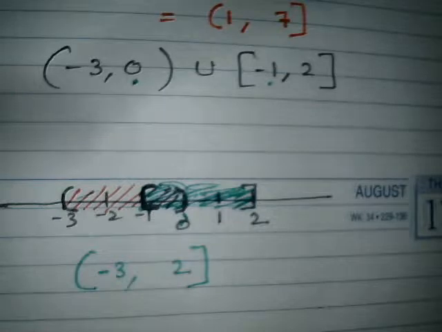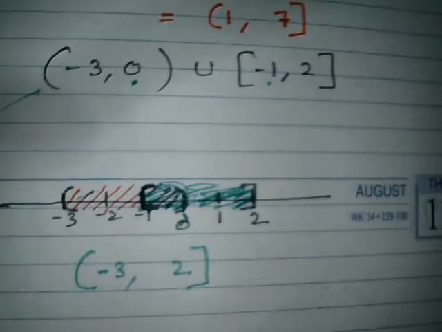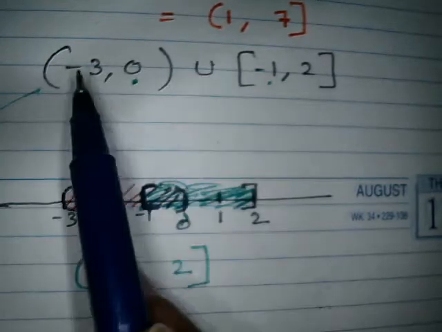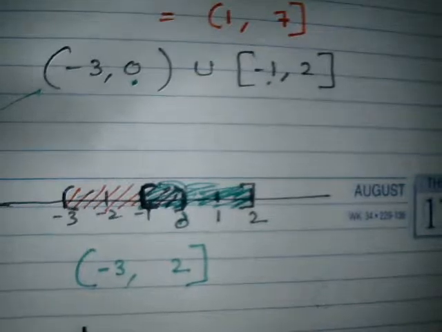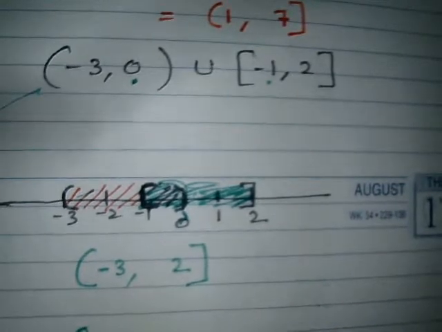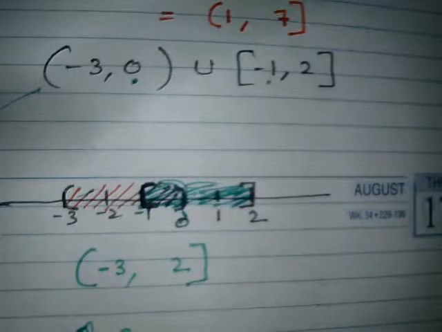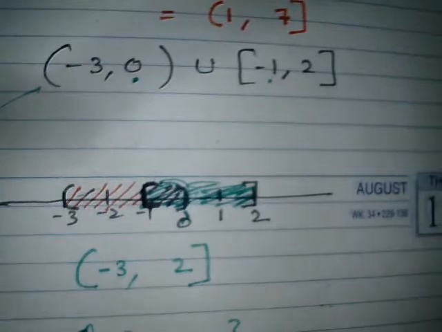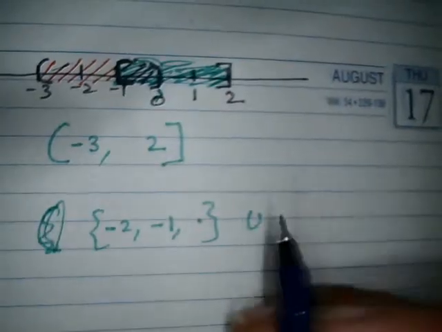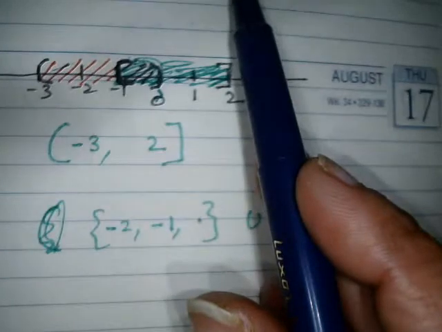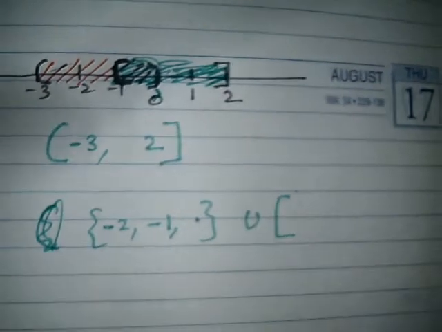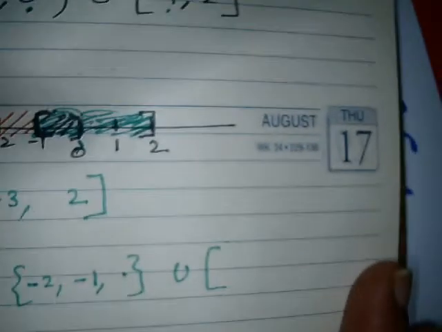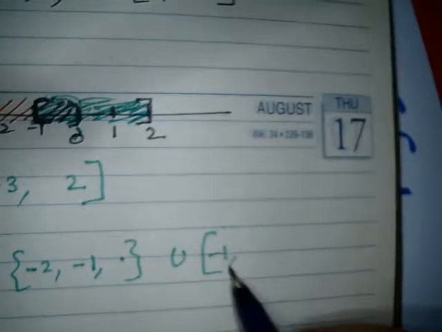Suppose in case you have a doubt, over here I am going to write this, I am considering it as a natural number. Okay, so this is starting from 3, meaning 3 is not contained, correct. So it is going to contain -2, -1, and 0 is not included, correct, and union, and this set is starting with -1, so it is going to contain -1, after -1 will be 0, then 1, and it is ending with 2, and 2 is included, so this set is going to be okay.